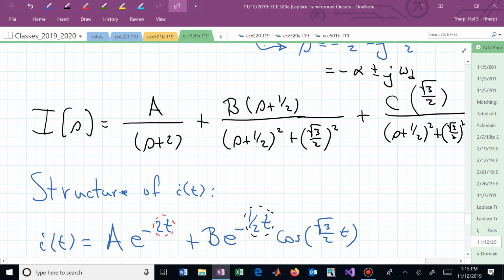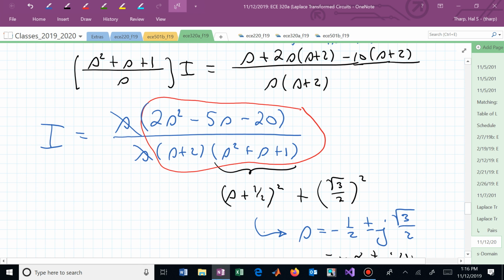What about the A term? We have As over s plus 2 as s goes to infinity. That's As over s. That's A. It stays. The B, Bs squared over s squared, B. That stays. The right-hand side now becomes A plus B, and the left-hand side